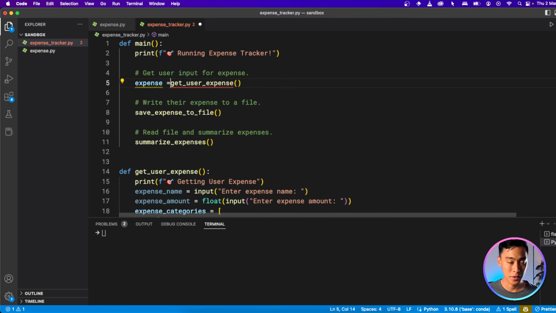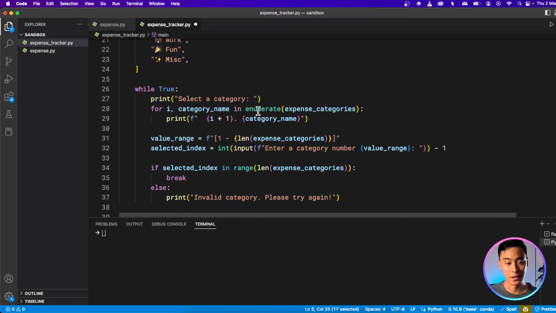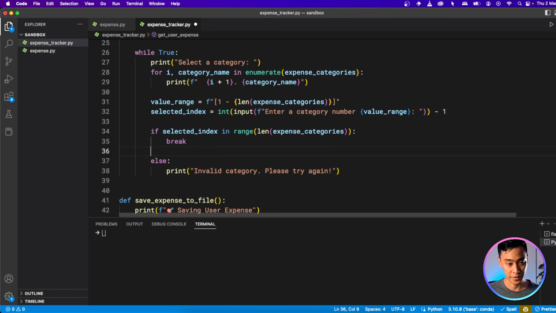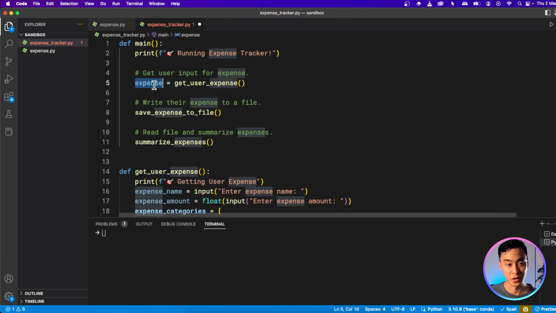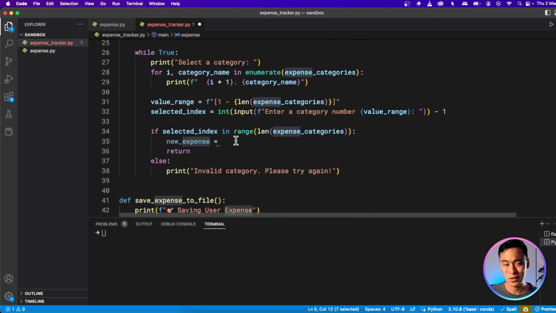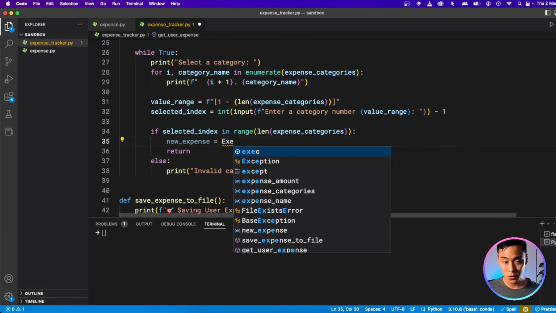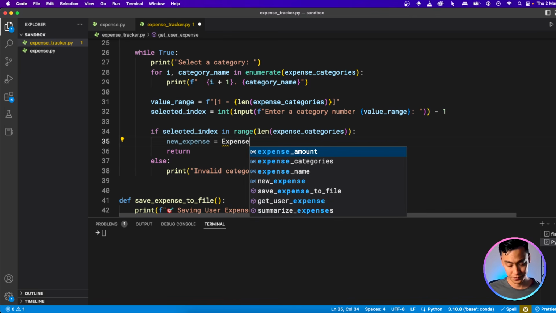So I'm going to go ahead and create a variable to store the result of this. And then here, I'm going to return that expense. Now, I'm going to delete the break. And I'm going to create a new expense. I'm going to call it new expense as a variable name, just to be clear that it's a new one. I don't want to get it confused with this one, which I'm using here. So always try to have very specific names for each scope of your program so you don't get them mixed up by accident. And then I need to use my expense class that I've created.